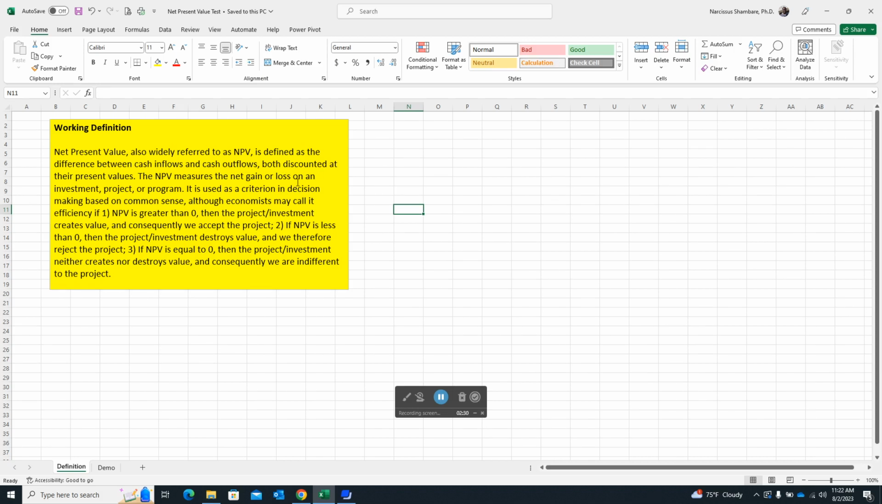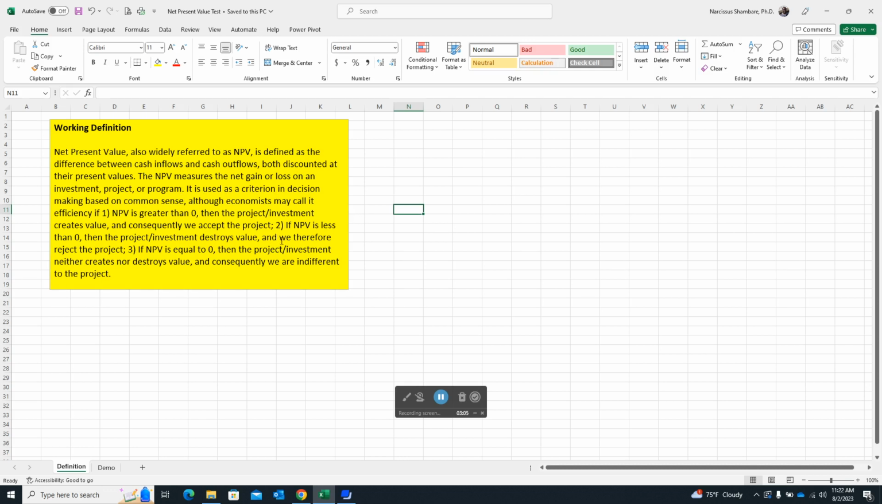Future cash flows are discounted to the present value so that we can reflect the correct value of those cash flows. So the net of the cash inflow and the outflow is discounted, and then NPV measures the net gain or loss on the investment project. We expect the cash inflow to be higher than the outflow. And so it is used as a criterion in decision making based on common sense, although economists of course